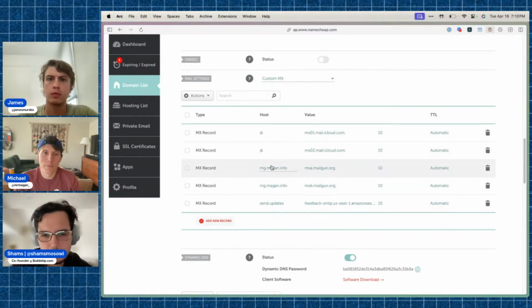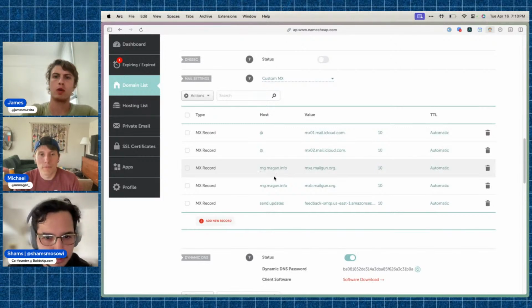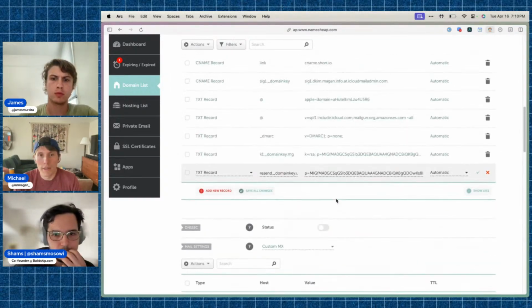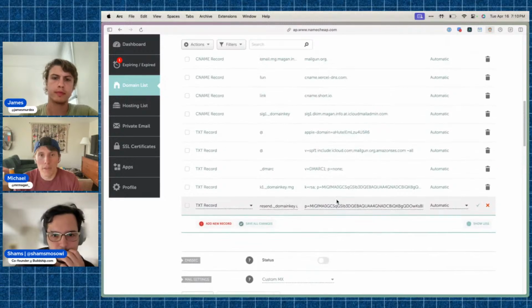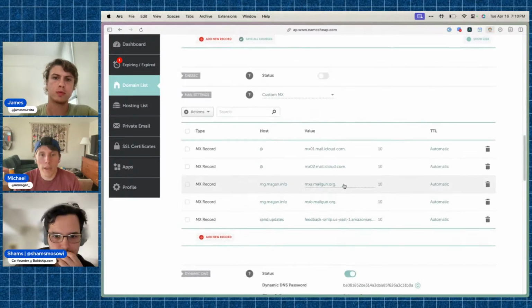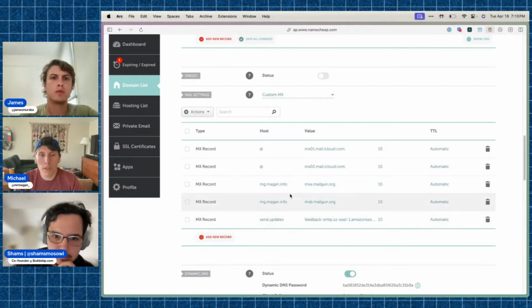Maybe that's why it's confused, if you're trying to set up two different services on it. Not sure. Might be. But these should still match, right? You should be able to set up as many MX records as you want, at least for sending. Yeah.